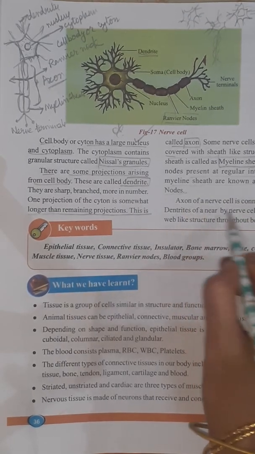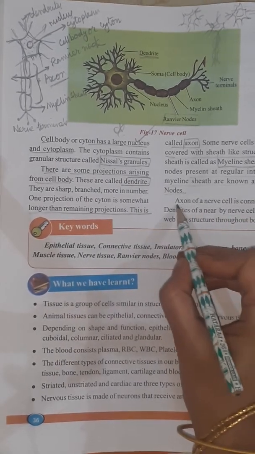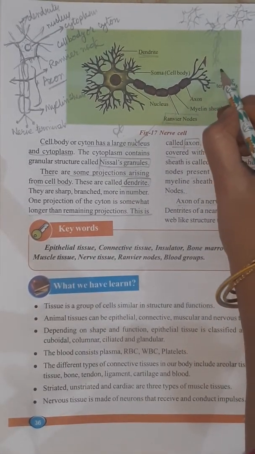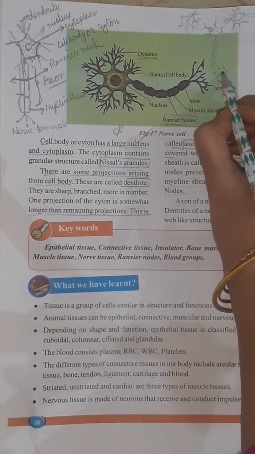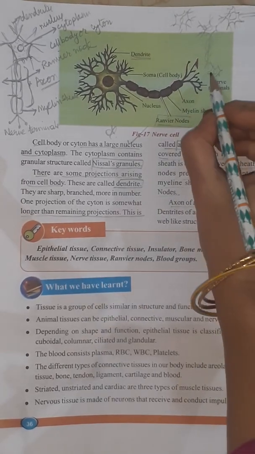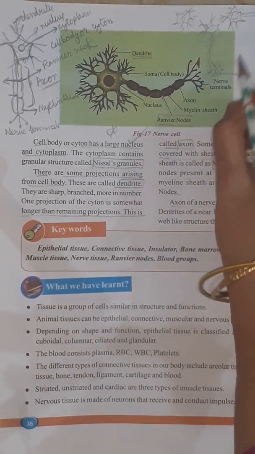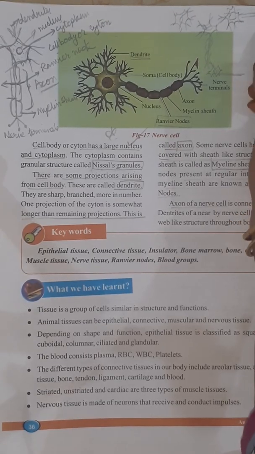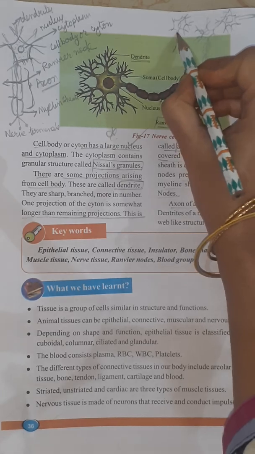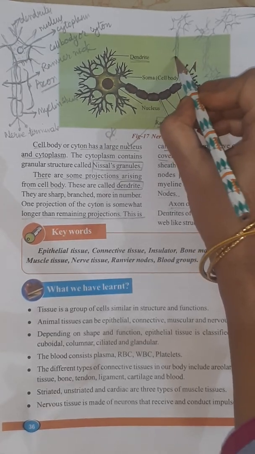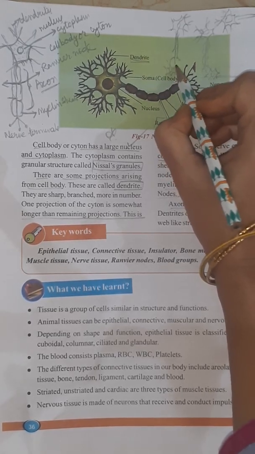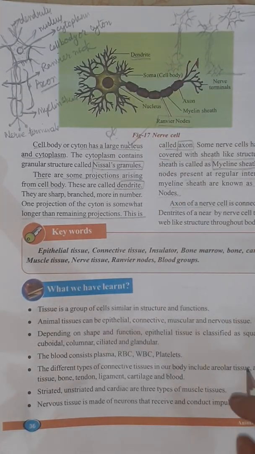Yes, that's what it is telling here. The axon of a nerve cell, this is the axon. Here the nerve cell will be present, connected to the dendrite of C. This axon is here. Here it is the axon. This axon is attached to the dendrite of another nerve cell.